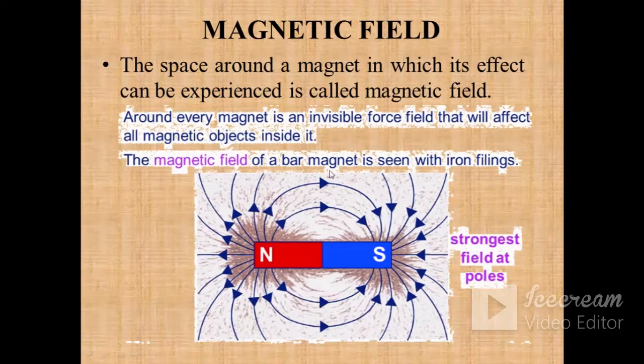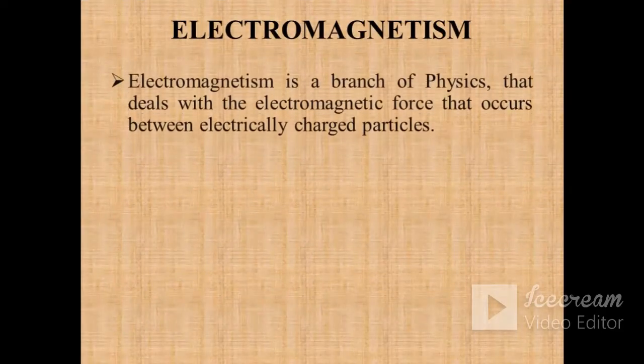Like the magnetic field of a bar magnet is seen with the iron filings. So if you see, the iron filings were kept on this board and it was gently tapped and the magnet was placed below the board. So due to this magnetic field, this is the arrangement of these iron filings. You can see here that it is strongest at the poles. All the poles are not situated exactly at the extreme ends, but it is always strongest at the poles and it starts decreasing as we come to the middle of the magnet. So this is known as the magnetic field.